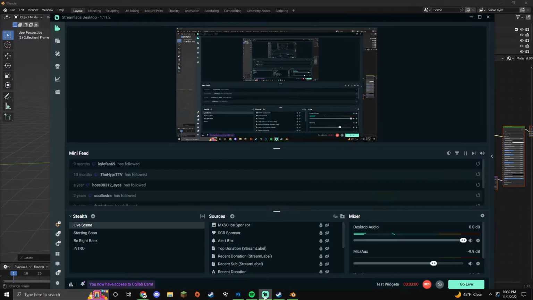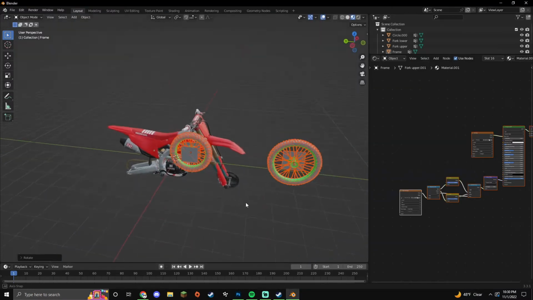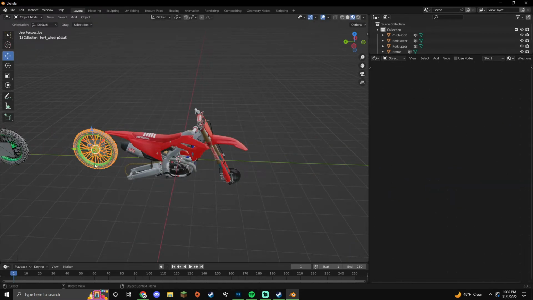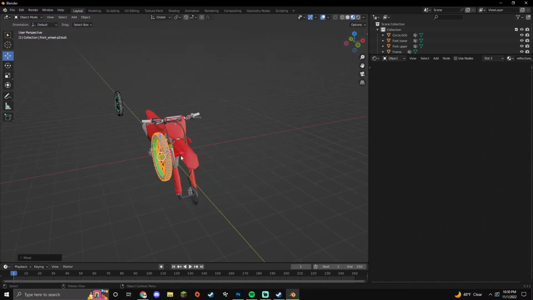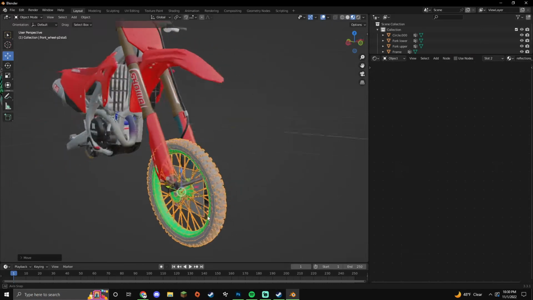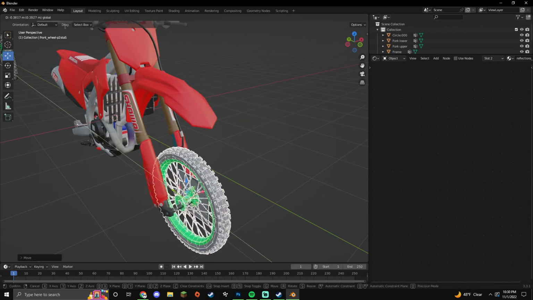Alright, next up we got the wheels, and like I said, everything will be linked down in the description to get the blend files for these. Mostly all of them are available on the forums. That's where I found the bike and these wheels. But anyways, just kind of doing a rough